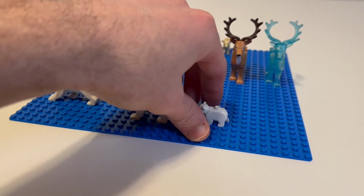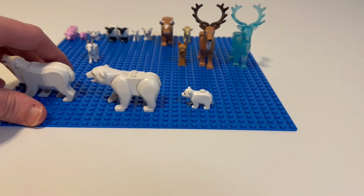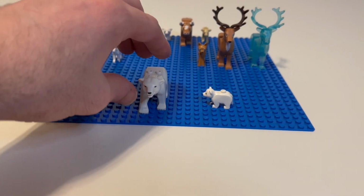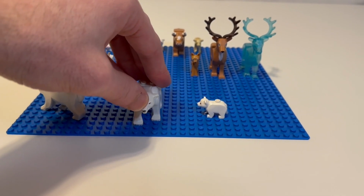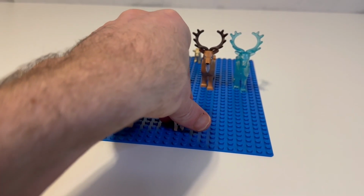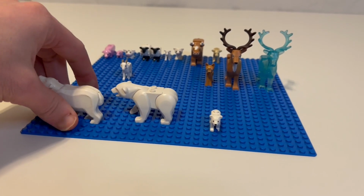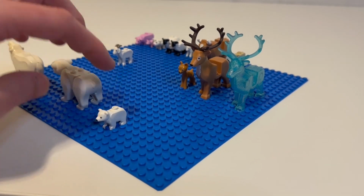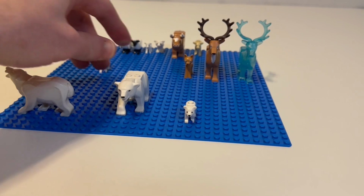The baby polar bear came out in 2023. And then this is the same mold as the black bear. Sorry, the new mold came out in 2012 for polar bear and brown, and then black bear in 2018. So I'm also waiting for them to re-release sets with the brown bear and black bear. We didn't get very many of them. I don't know why we aren't getting more of them, but it would be fun to get more of the brown and black bear coming out, and then brown and black versions of the cub. So hopefully in the future they do release sets with those